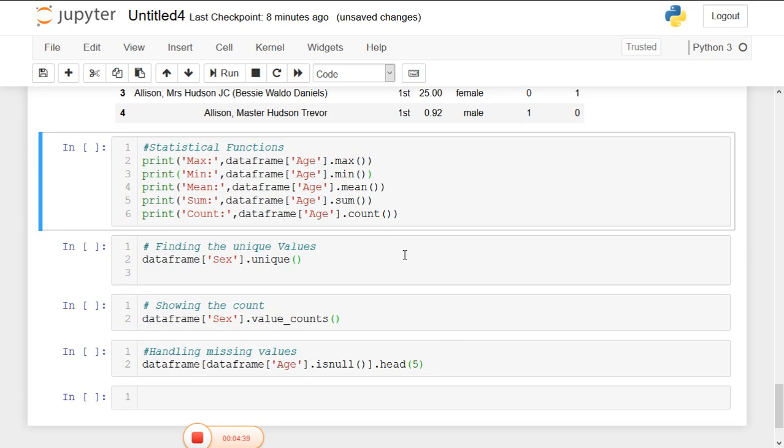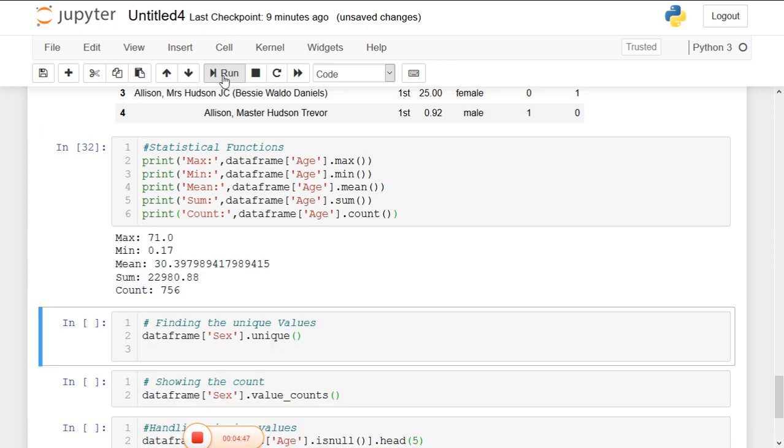Now we can find the statistical functions maximum, minimum, mean, sum and count by using predefined methods in pandas. The mean is very useful for identifying the mean distances between the data in the data frames, or between the data frames, using Euclidean and Manhattan distance.